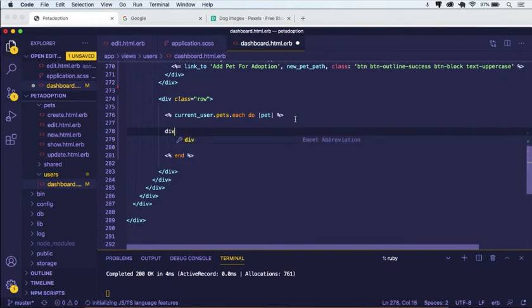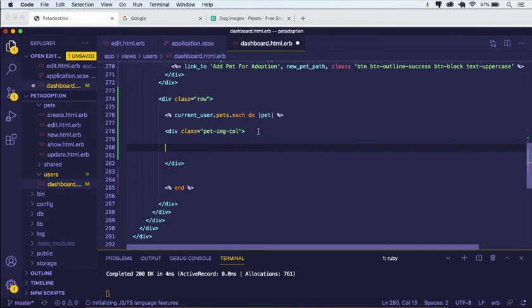So I'm gonna do a div dot pet-image-col. I'm going to call it like that. I'm going to give it a meaningful name. It's a pet image column, because inside this column we're going to have the image. And next thing I want to do is add the image tag. And in the image tag, we're going to do the